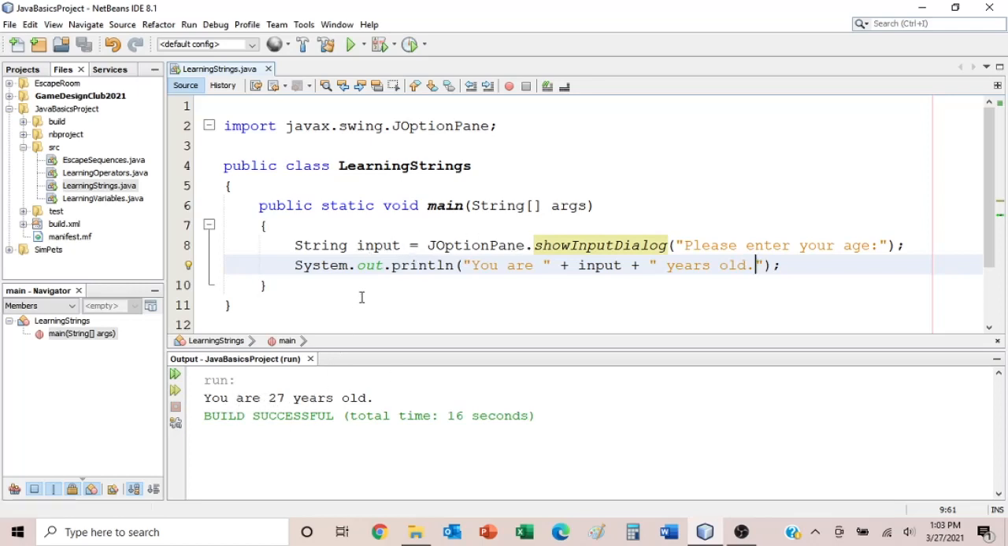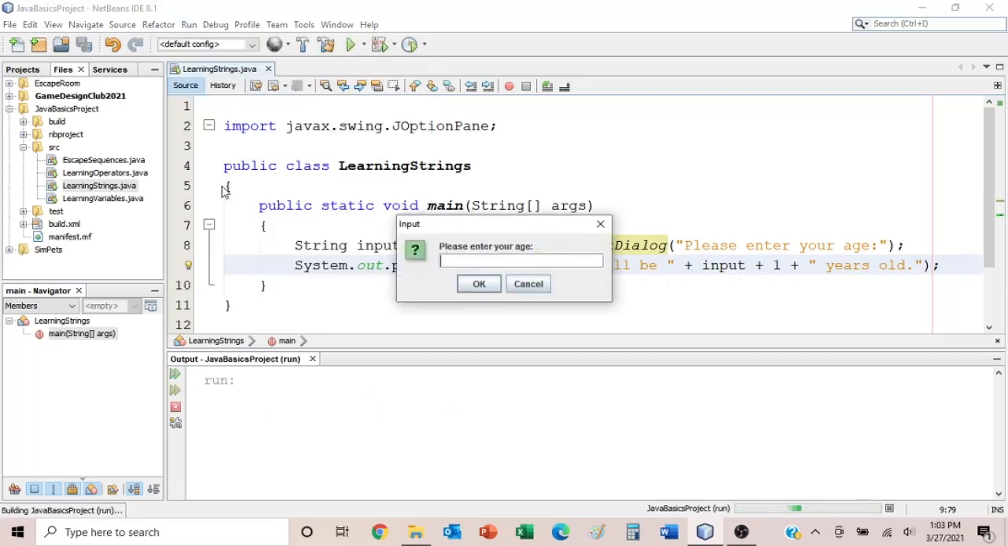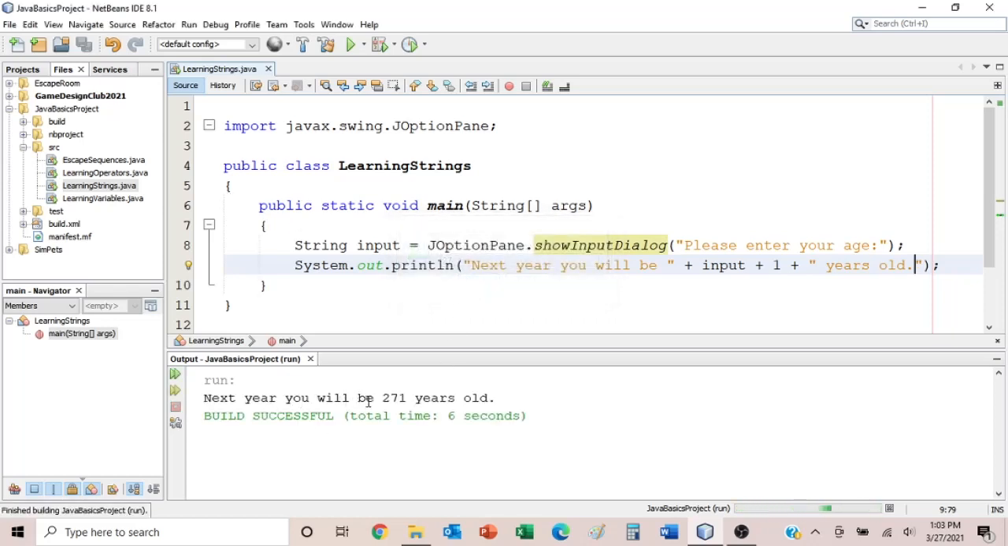So now what happens if we want to print something like this? Next year, you will be input plus 1 years old. Okay, now this probably will not work because input is a string, but let's just double check. Enter my age. Let's go with 27 again. And you can see next year I will be 271 years old because